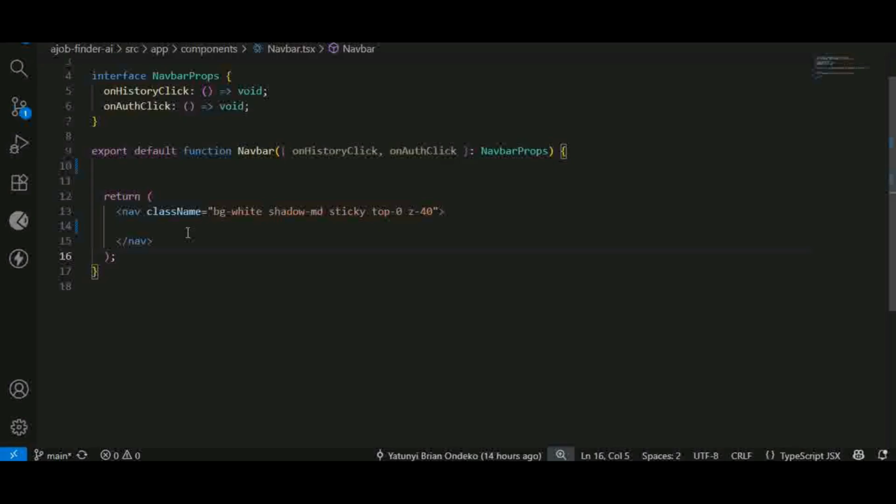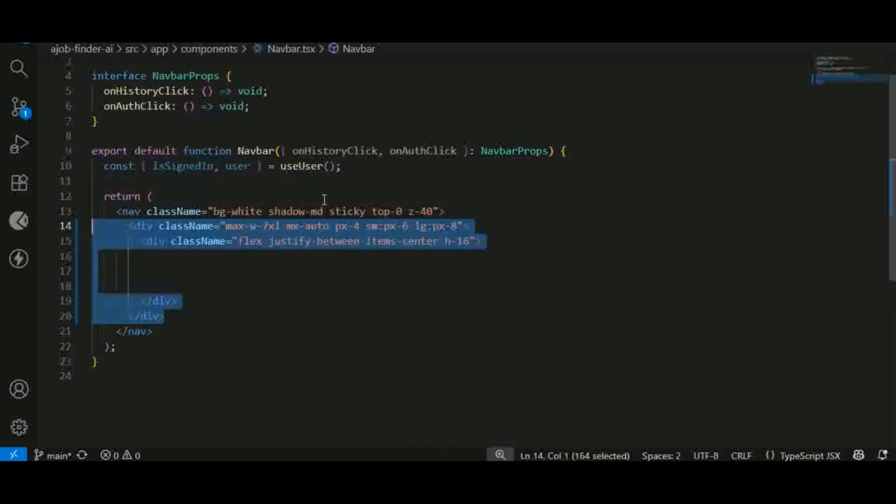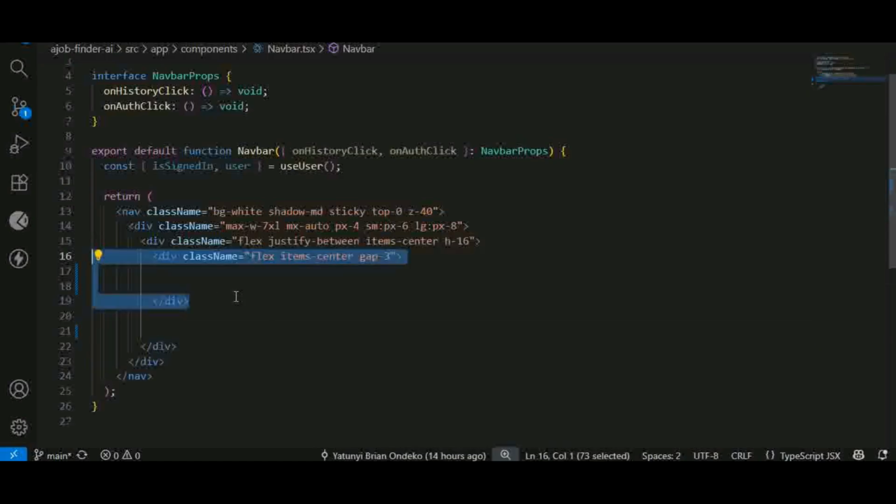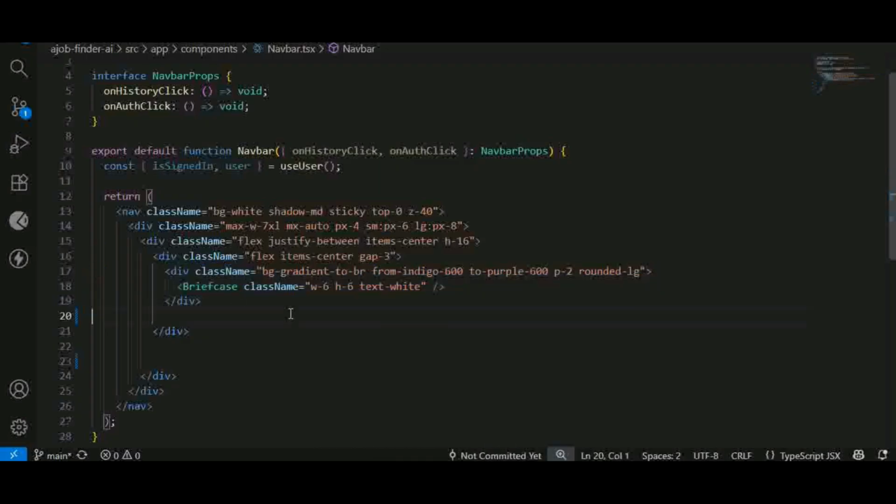And then include a return. So this return is going to be covered by everything. It's going to be covered by something known as the nav tag. Then we're going to have a const isSignedIn, and then passing also the user from useUser. Then including here some divs, two divs, like that. And then inside this main div, we're going to have